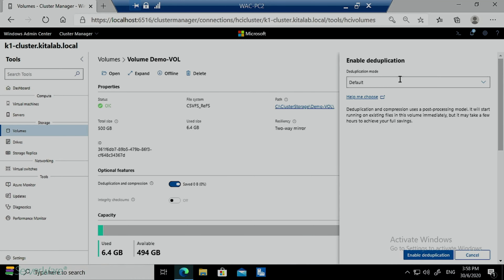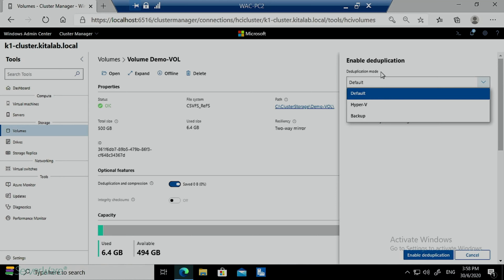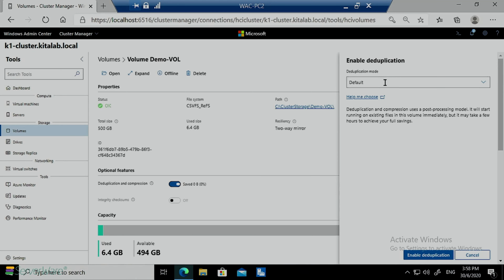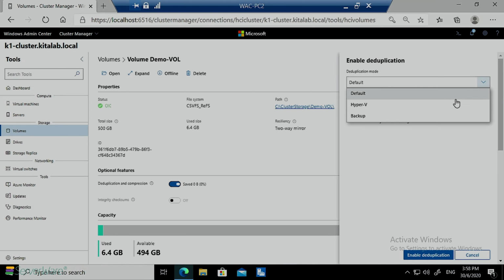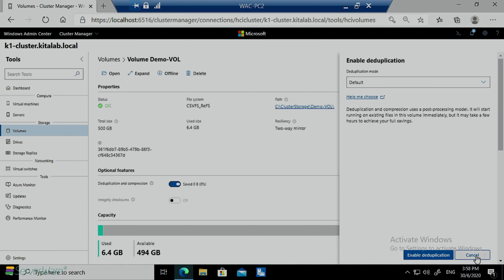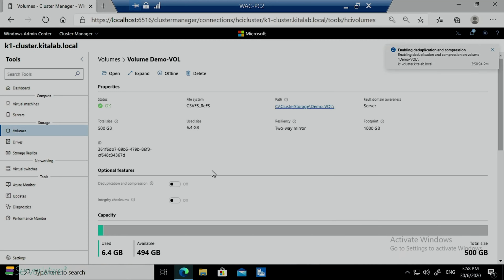So first of all, you have to choose what is the deduplication mode that you want to have. Whether you want to have a Hyper-V or you want to have backup environment or default. So these three will affect the way the system schedules the deduplication process. The deduplication process is running in a batch mode. It doesn't happen immediately. In order to manage the performance, as and when you schedule it, it will run the